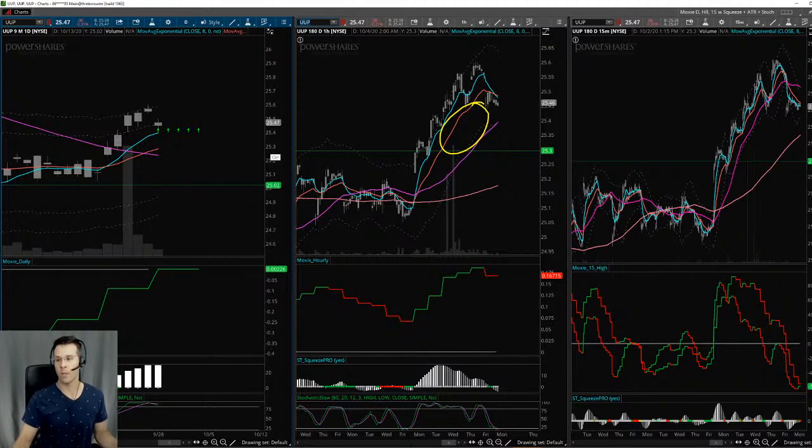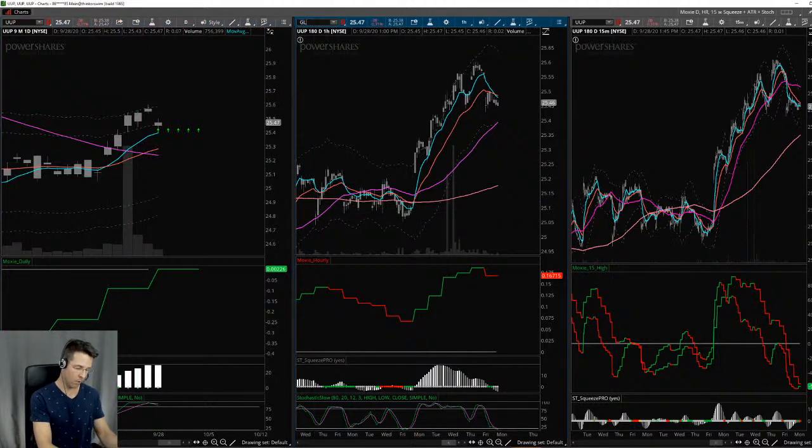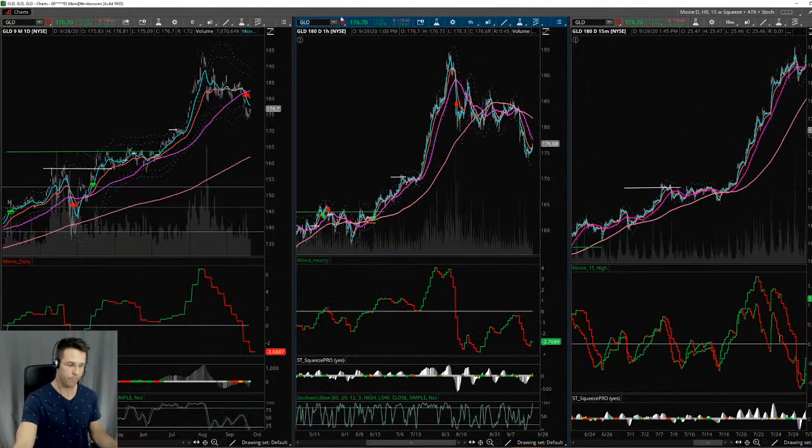And so what I talk about is price will stay above those moving averages on the 15 until it can break, and then it comes back down. So look for price to fade a little bit with the dollar, probably come into the hourly 50 around that area, and then we'll see if it can start moving back up. But for right now, I am expecting the dollar to soften, and we're seeing what kind of effects that actually has on the market. That being said, we go over to GLD.